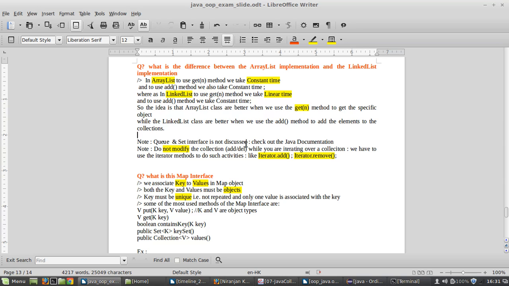So the point to be noted is that the queue and the set interfaces are not discussed in this topic, and you can check out the Java documentation for more information. But another note also says